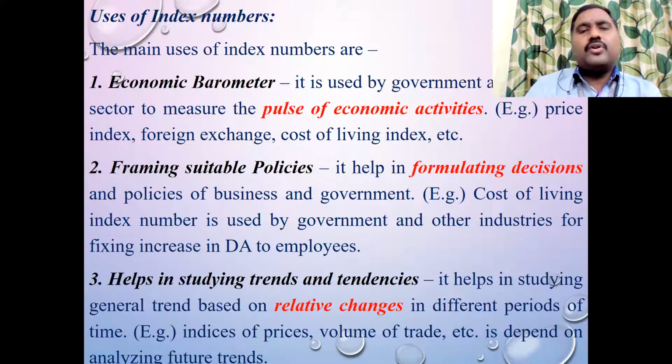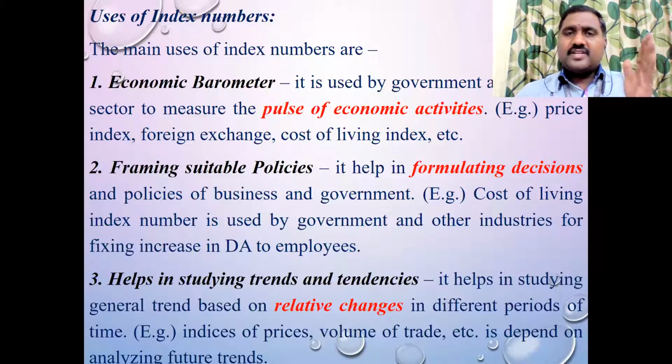And the second important usage is that through this index number, we can set some policies. For example, I told you, before 10 years, if you had 10,000 or 5,000, you could live. But now we need a minimum of 30 to 40,000, or at least 25,000 in urban and semi-urban areas. In rural areas, 15,000 or 10,000 is enough. But in the cities, we need a minimum of 30 to 40. And that also depends upon your lifestyle. Since there are a lot of changes in lifestyle each and every year, according to that, we are getting increments or changes in salary.